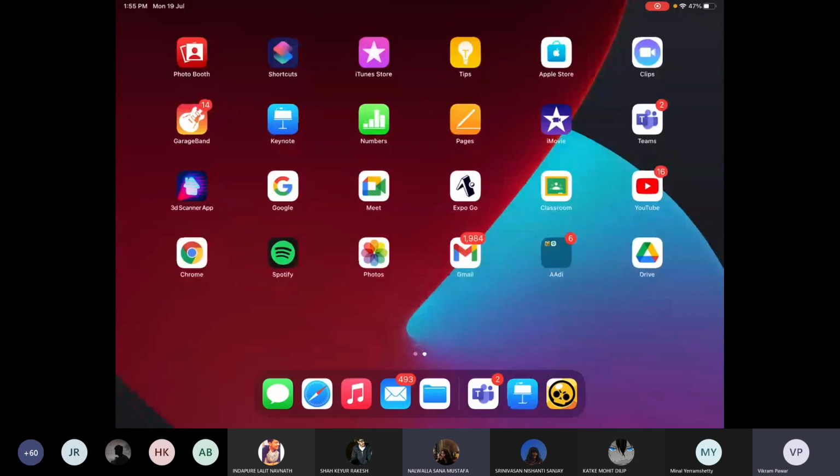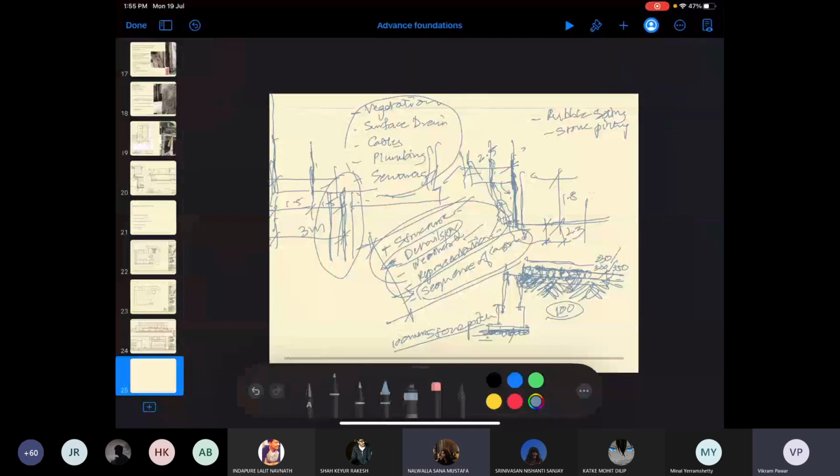Full marks. Who's that? Sana. That's a perfect answer. So basically, stone has two roles to play. Number one, it forms an impervious layer between the soil and whatever masonry you're doing. Whether it is lime mortar or cement mortar, the cement and lime will have a tendency to leach into the soil when it is wet. You don't want the cement to leach into the soil, so you give a dry layer.